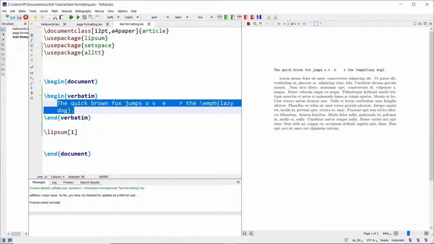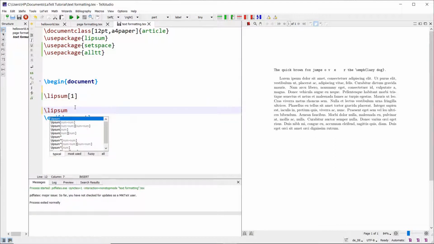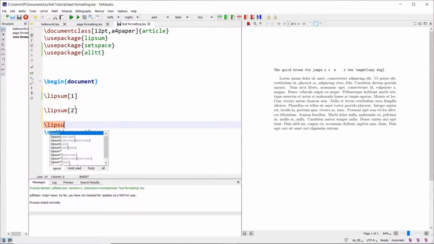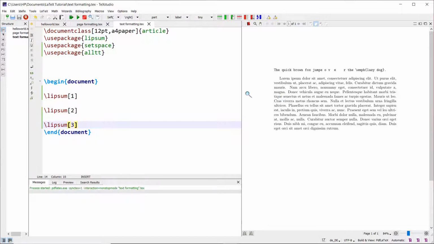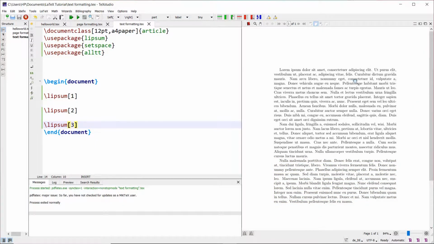So I will now write a few paragraphs, lipsum 2, lipsum 3. So I have 3 paragraphs, and the default justification that is available in LaTeX is both way justification. I want to change the first paragraph to left justified.